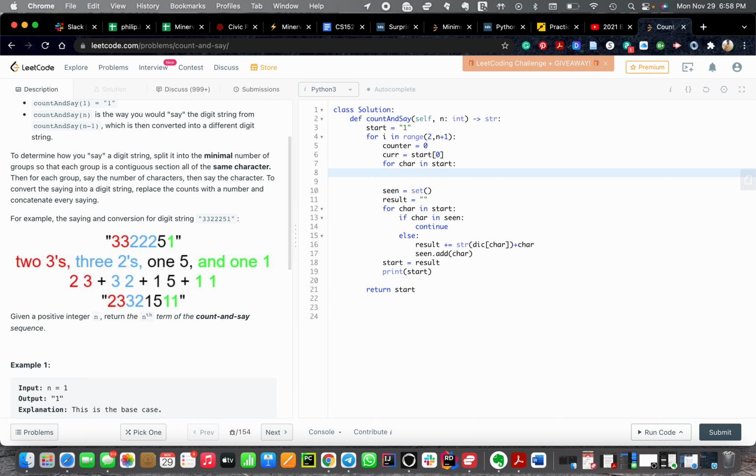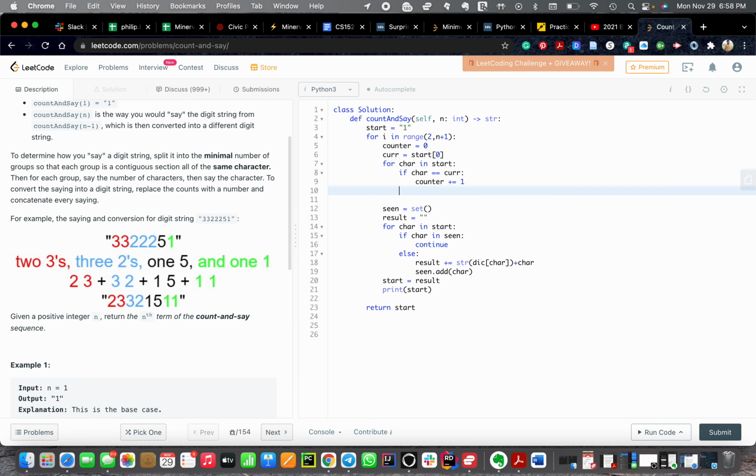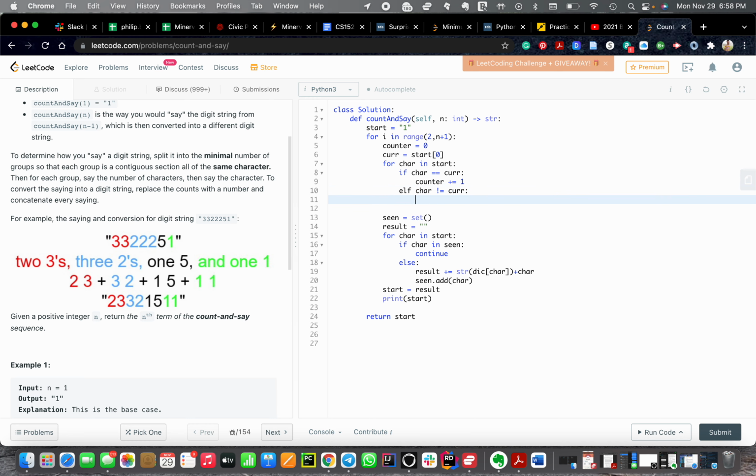So for character in start, if char equals current, counter plus or equal to 1. That way it keeps a counter. Elif char is not equal to current, if it's not equal to the current that we're looking at, all we have to do is